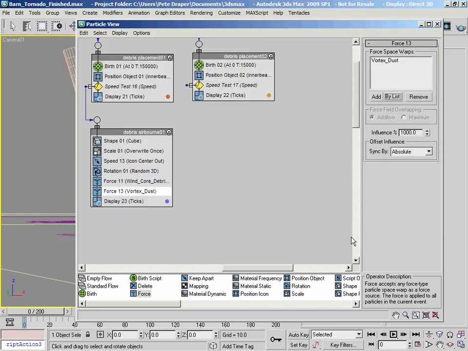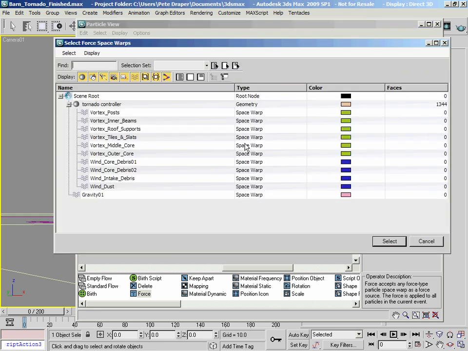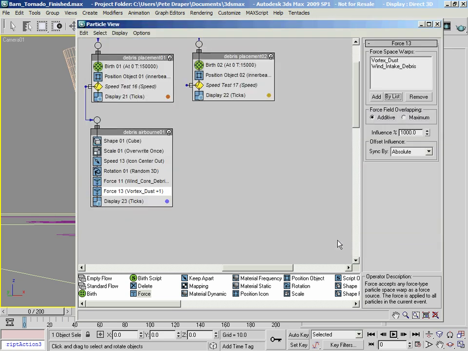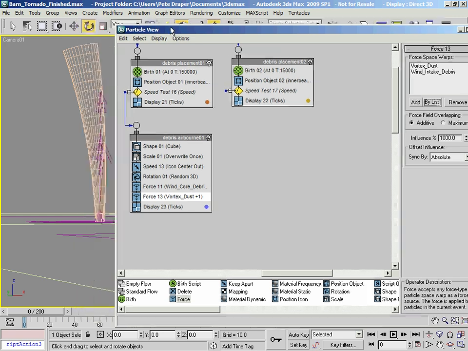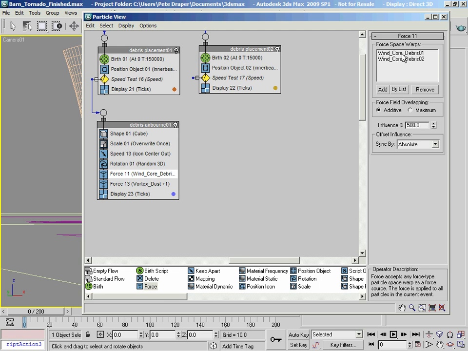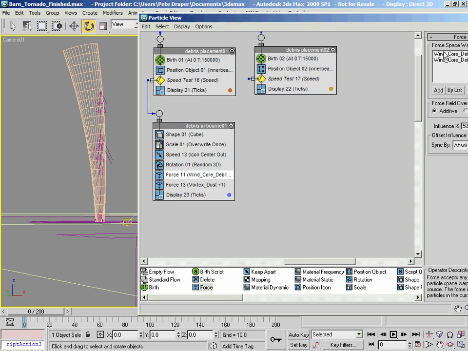Okay, and I also want to drop in the wind intake debris as well. So we've got a lot of variation going on in here. We've not only got the vortex that's spinning the particles around, but we've got the two wind core debris space warps in here, and an additional one which is going to break it up even further.